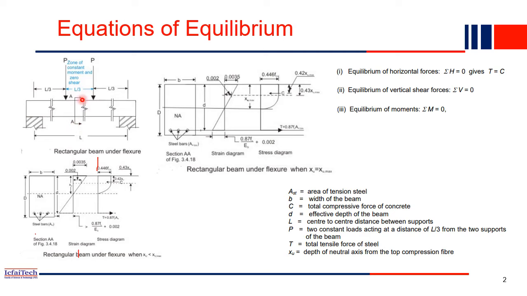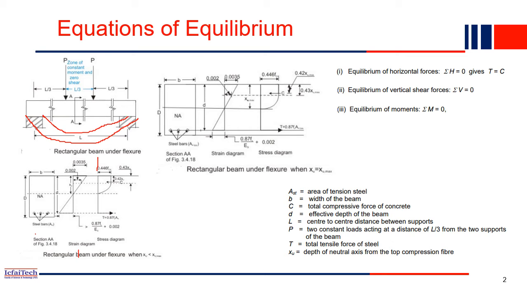This is the rectangular beam cross section. Let's consider the middle section. It is singly reinforced, so the reinforcement is at one end only, on the bottom. Why is it at the bottom? Because we are considering the middle section. In the middle section, the beam deflection will happen something like this: after application of the load, the beam will bend something like that.